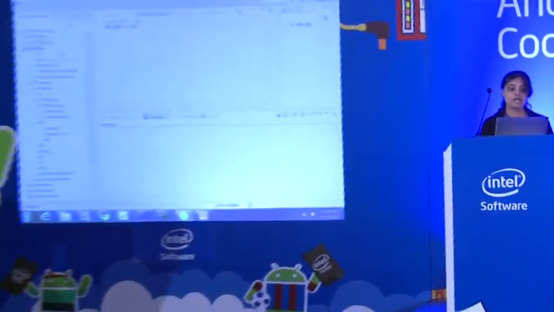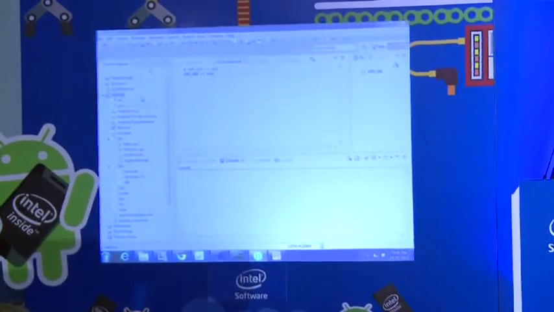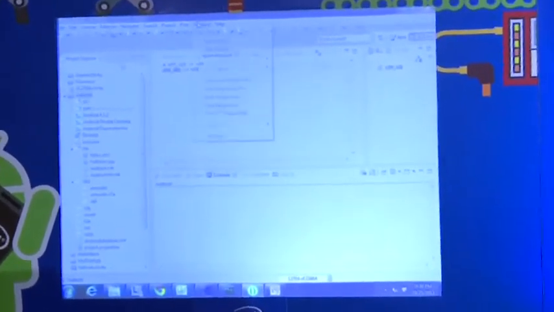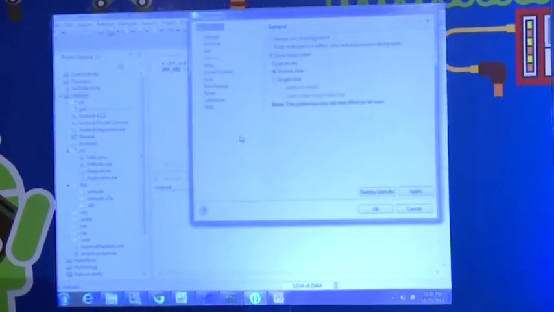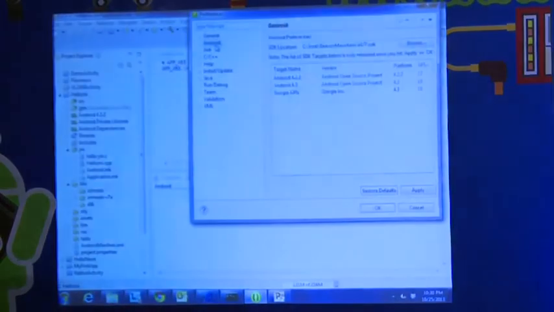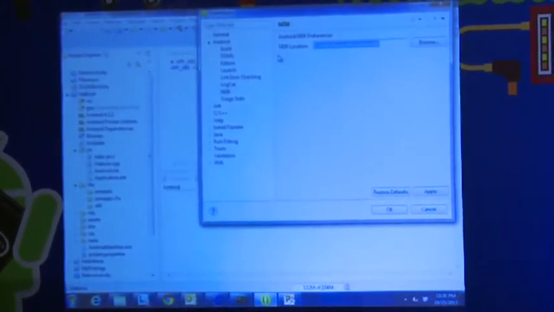Okay, so after that, you have to set the NDK path. So how do you do that? Windows, preferences, Android, NDK. So you specify your NDK wherever you unwrapped your NDK zip file. The folder's location is your NDK location here.